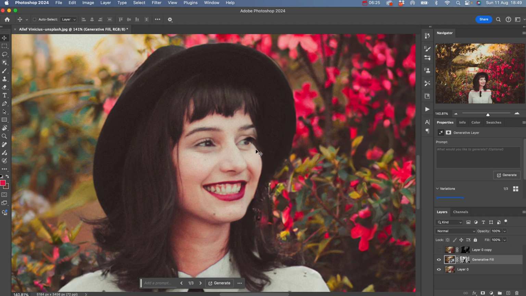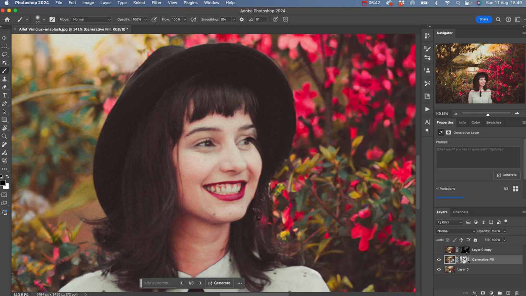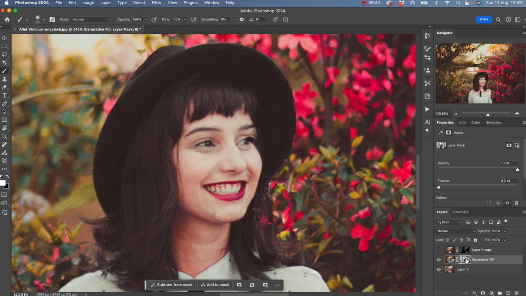Hit B on your keyboard to bring up your brush tool. Then we're going to hit D on the keyboard as well to make our background and foreground colour white and black. You can use X to cycle between your background and foreground colour, but we're going to make sure that black is our foreground colour in this case. And we're simply going to select the mask and then paint over this area of the image. And what that will do is it will revert back to the original and it will fix the issues within the image. That's the end of the